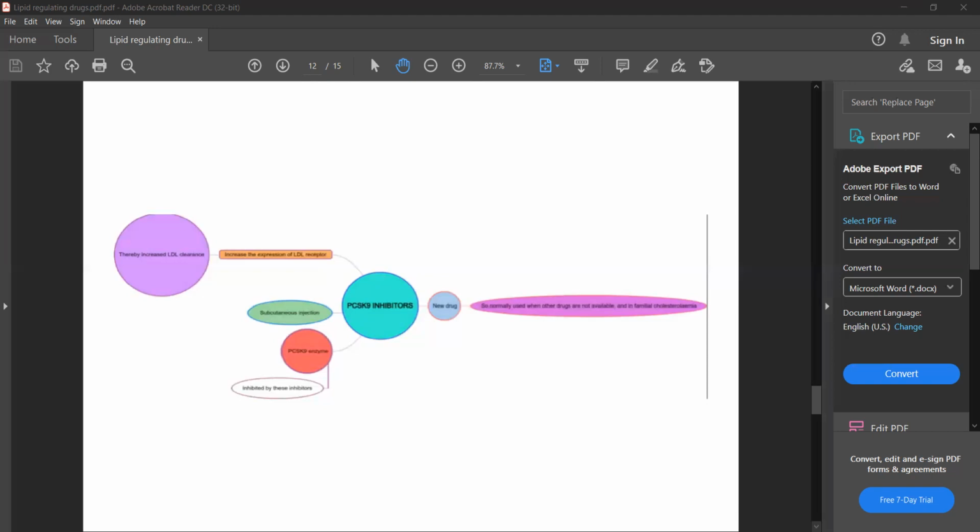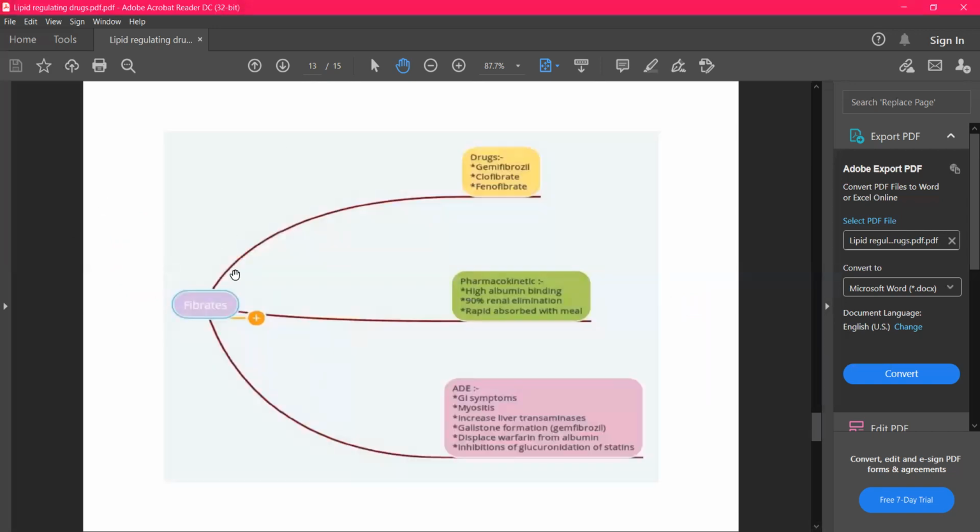Next would be fibrates. And this is kind of important because fibrates are used to treat increased triglyceride levels. Okay, especially there's a disorder called dysbetalipoproteinemia, where there's increased IDL levels. That means